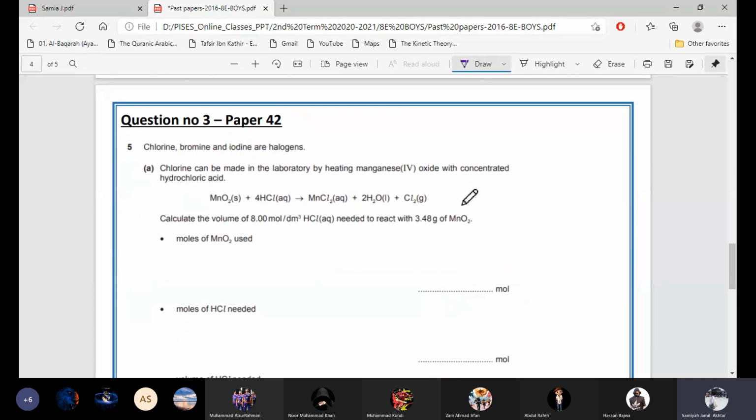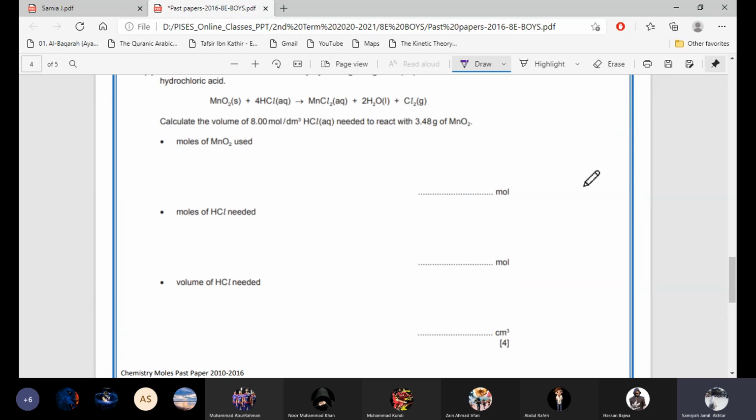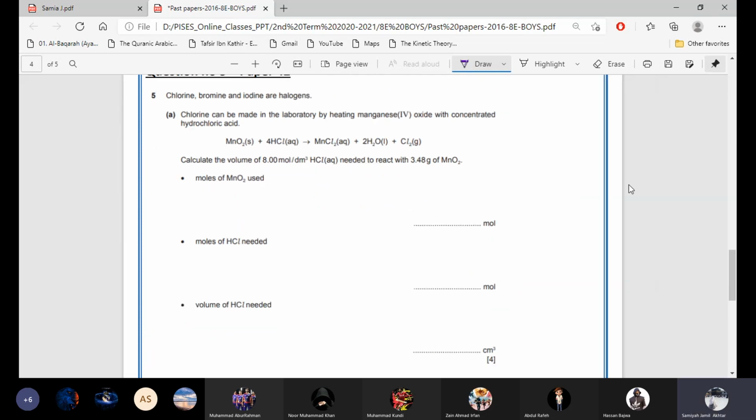Okay, next question. From same October, November 2014, paper 42. Okay, this question is the same. Chlorine can be made in the laboratory by heating manganese oxide with concentrated hydrochloric acid. Calculate the volume of 8 mole per decimeter cube HCl needed to react with 3.48 grams of manganese oxide. So manganese oxide mass is given, 3.48, and for HCl concentration is given, which is 8 moles per decimeter cube,